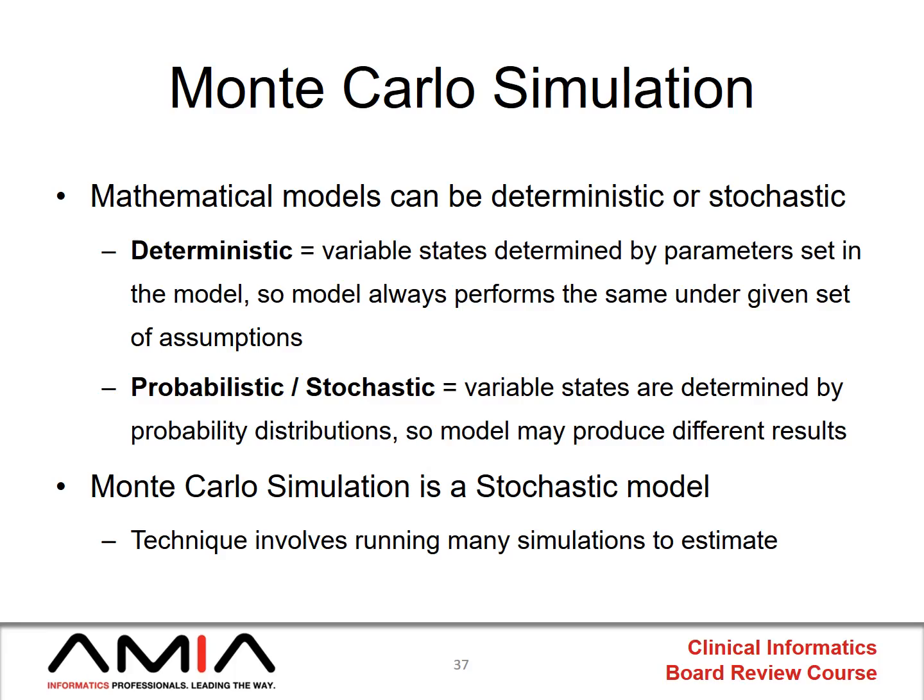In contrast, in a stochastic model, the variable states themselves are determined by probability distributions. And so each time I run the model, I might get a slightly different output. And a Monte Carlo simulation is one of these stochastic models where the inputs themselves are variable and have their own probability distributions. And therefore, you have to run the model over and over again to get an average model or an average output. This isn't totally intuitive, I think, this idea of deterministic versus probabilistic, but I'll try to give you one more